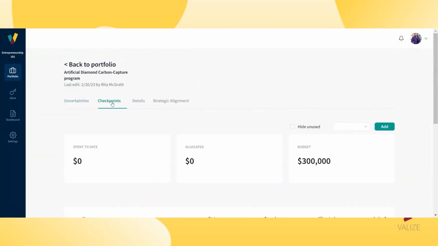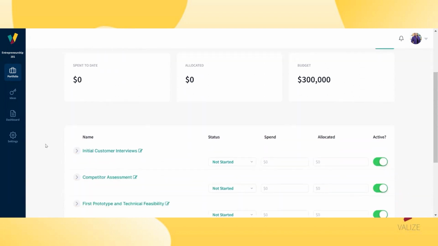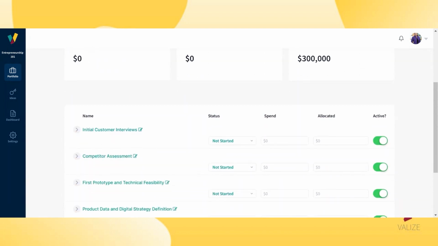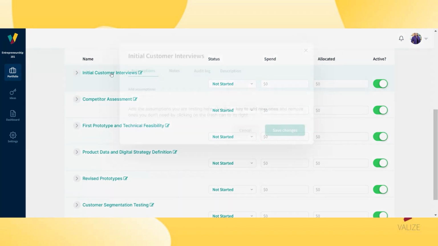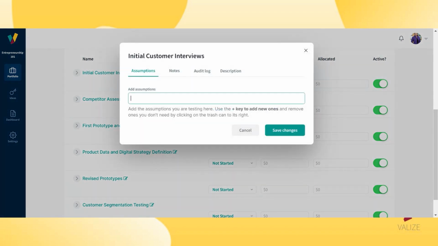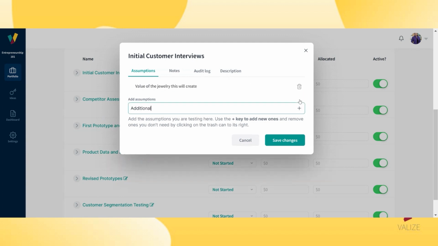And then the heart and soul of all this is what I call checkpoints. And as I mentioned, a checkpoint is a moment in time at which you're going to learn something. So this particular hypothetical has pre-populated a series of checkpoints, so customer interviews, competitor assessment, prototypes, and so forth. What the student teams can do for the checkpoints that are assigned to them is they can say what their assumption is. The value of the jewelry this will create, additional benefit